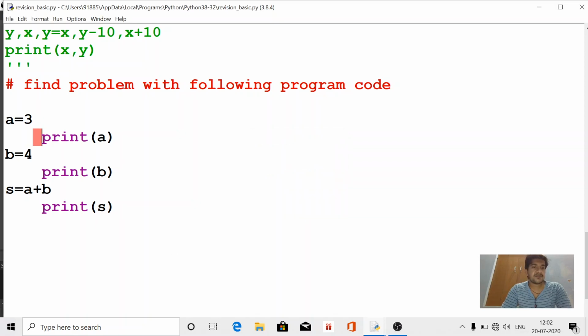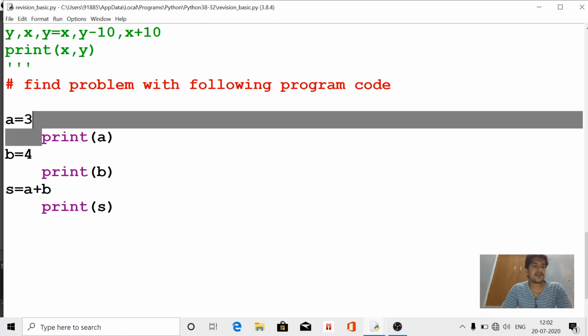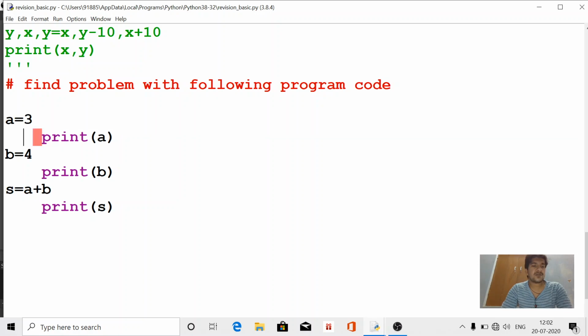That means see, the indent of A, B and S is at the start of the line, but these have 4 spaces. After 4 spaces we have used print A, print B and print S, but this is not a conditional statement, this is not a function block. Then why have we given the space here, why have we changed the indentation of these statements?